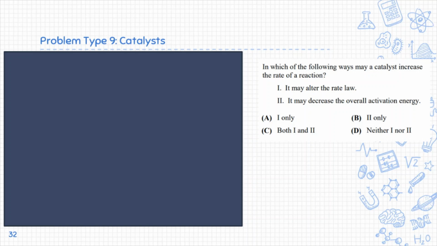There can be multiple mechanisms that involve different elementary reactions but end up with the same experimentally determined rate law. So your experimentally determined rate law can support your mechanism, but it can't prove your mechanism. Does that make sense? All right, so